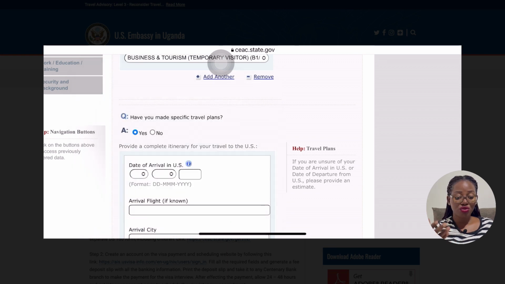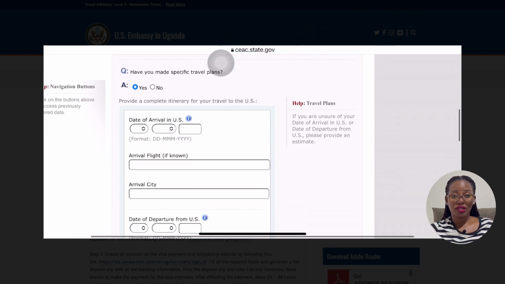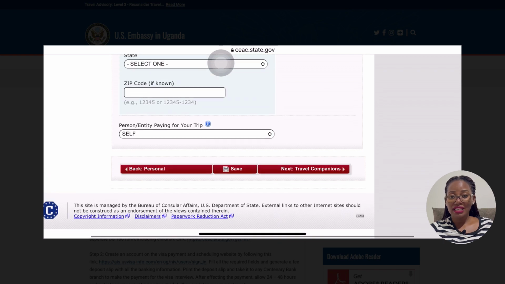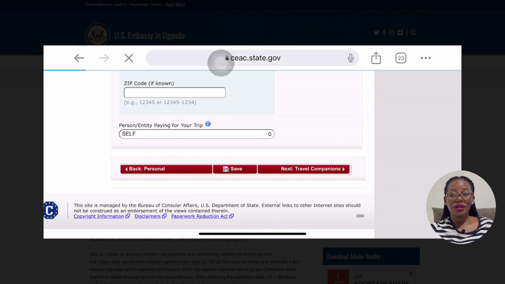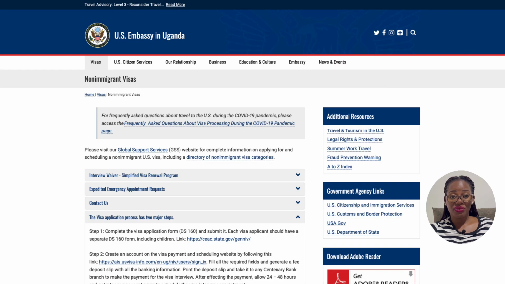Here, you can choose to complete the form before trying to book the appointment. And they say it takes about 90 minutes. But from my experience and from experiences that I've had somewhere else, this form can really be taxing. So it can take you as many as 3 days if you don't have all your information ready. So I would recommend that at this point, you save your information and exit and go book your appointment, because